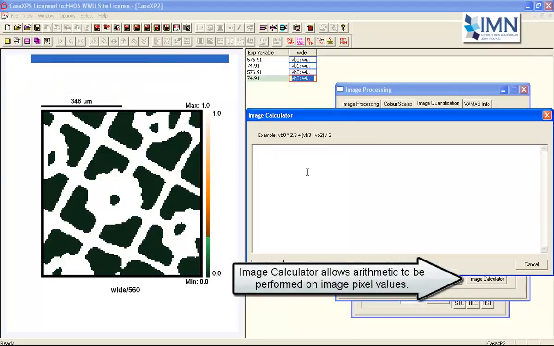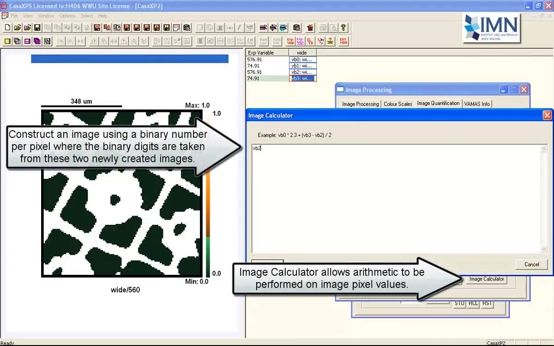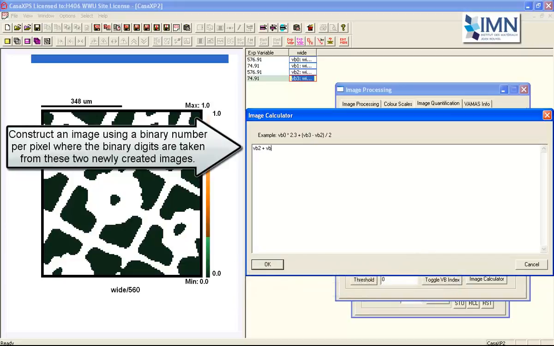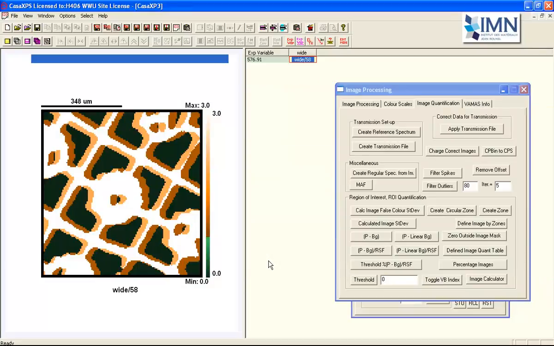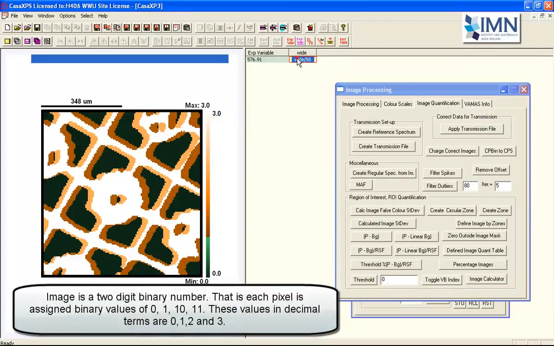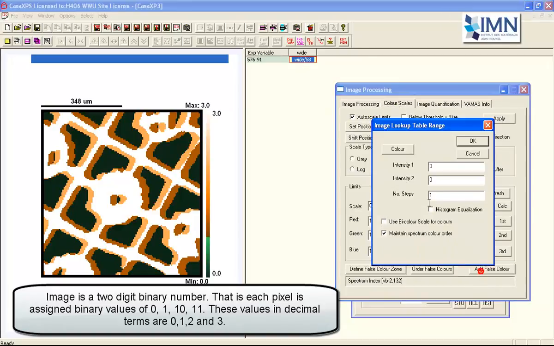And in order to create a useful image, what we'll do is perform a calculation that takes binary images, that's 0, 1, and we'll produce a binary image from these both that will either be 3, 2, 1 or 0,